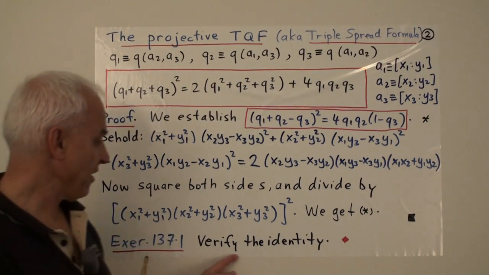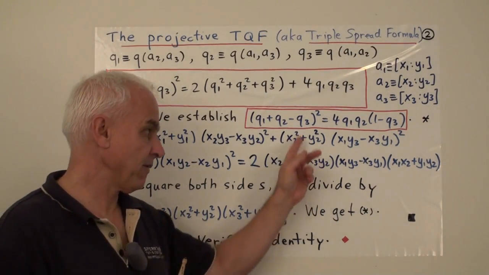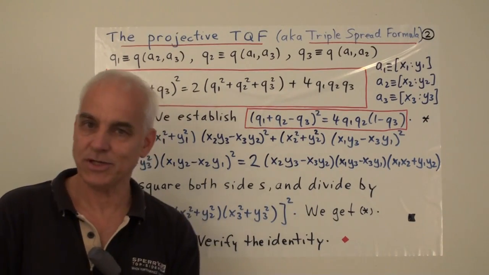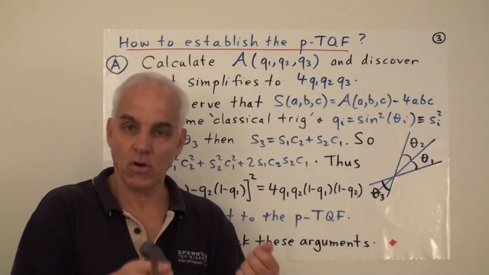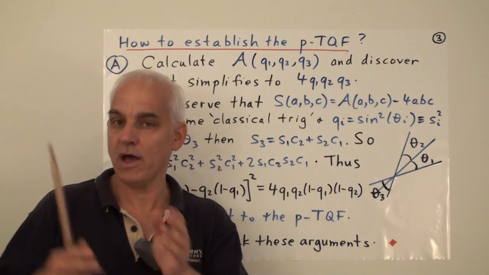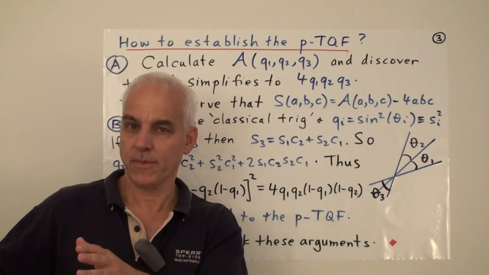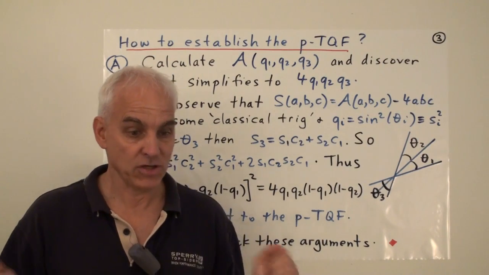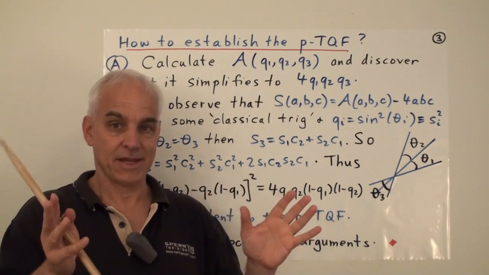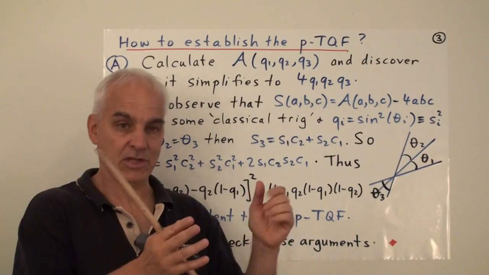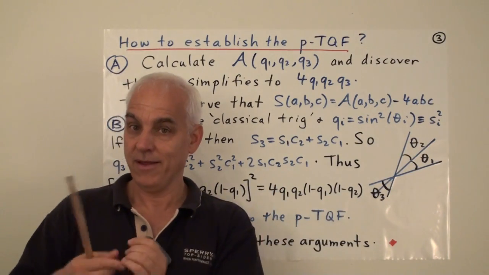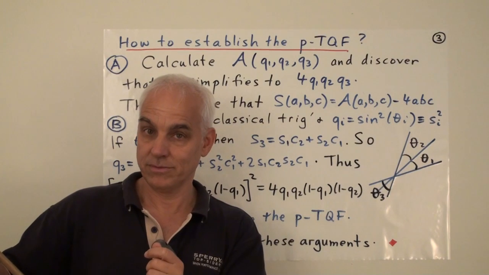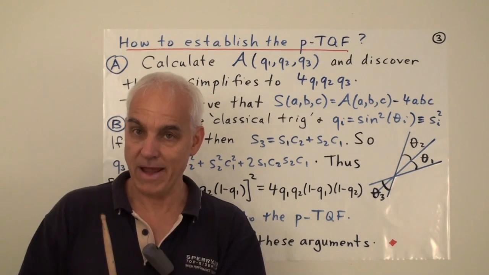So as an exercise, verify this identity. Convince yourself that this identity actually is true. So that proof that I gave you, you can follow on your own with a little bit of work without having to resort to a computer. Of course, another proof would be just to take the whole expression, take everything to the left-hand side, and get your computer to evaluate everything, and it will evaluate to 0. Completely automatic kind of proof.